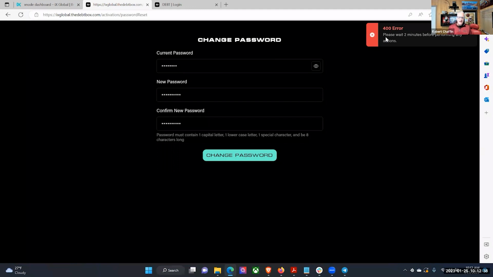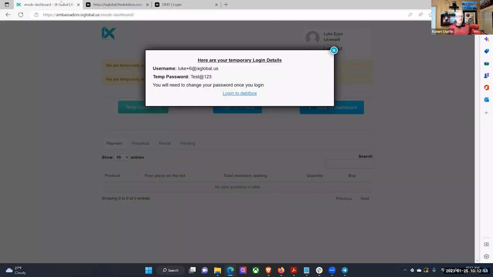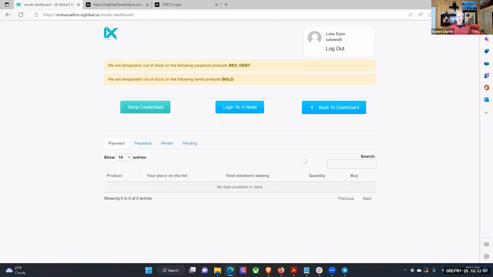from there. You don't have to click change your password again. It's just a 2-minute waiting period. Now, while we're waiting, Paul, if you click on the tab back to the XNode dashboard, the one that's right there. Close that down right there. So while we're waiting for that, I want to explain that this process is exactly the same